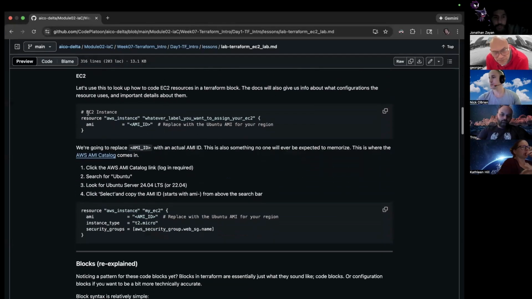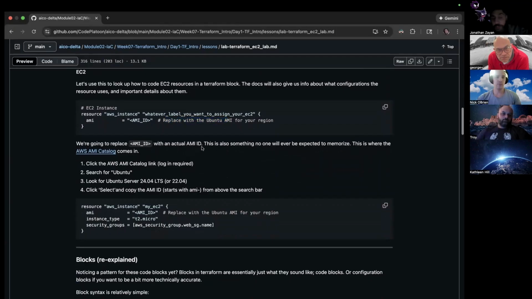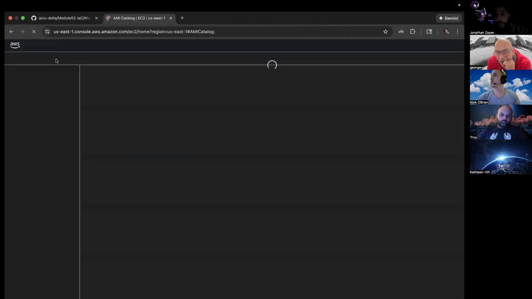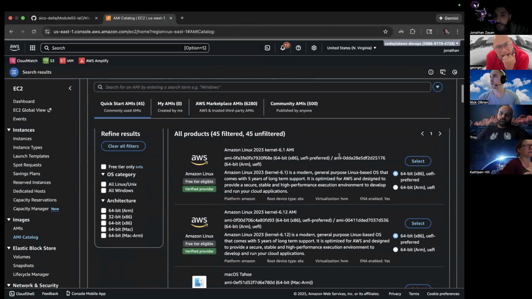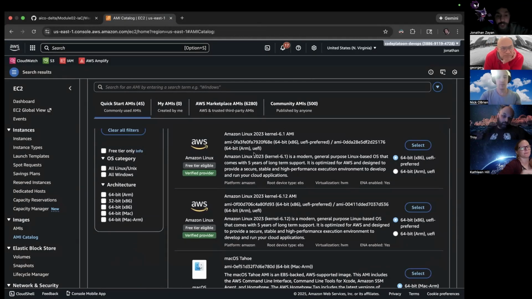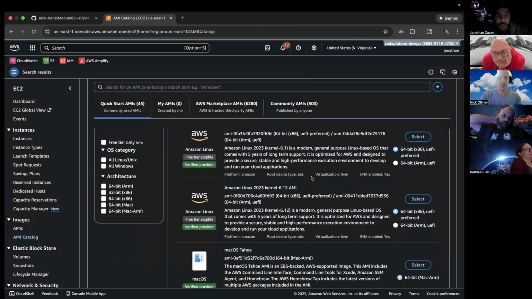Okay, cool. So here we're creating a resource block that is an AWS instance, and then an EC2 instance. So we need an AMI. Here we have to replace it with an Ubuntu one specifically. So the first question is, where are we going to get that from? You have to go to the catalog for this. It kind of sucks when we have to leave the CLI, the safety of our home, if you would. Here are a bunch of different instances that we can use, and we can select them. But in our use case, we specifically wanted the Ubuntu one.